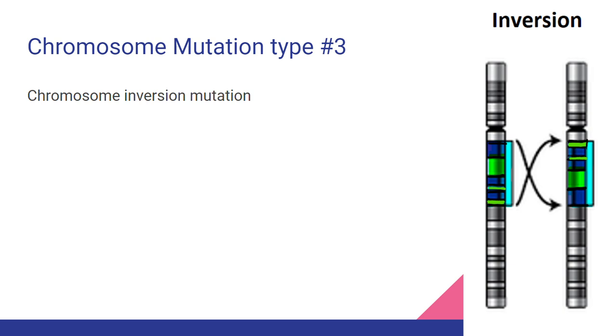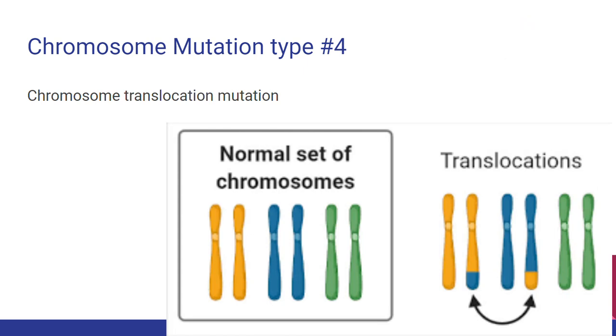This is very important, because if you flip it, it's going to make a lot of problems for your cell and the making of amino acids. And next, the last one,